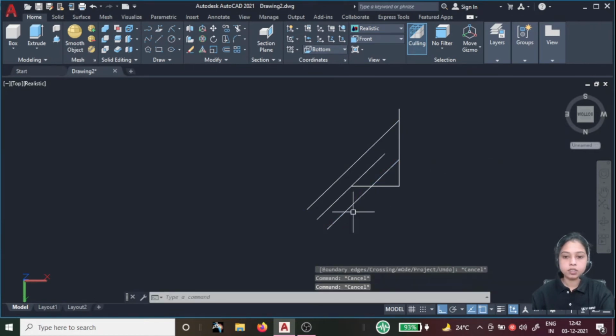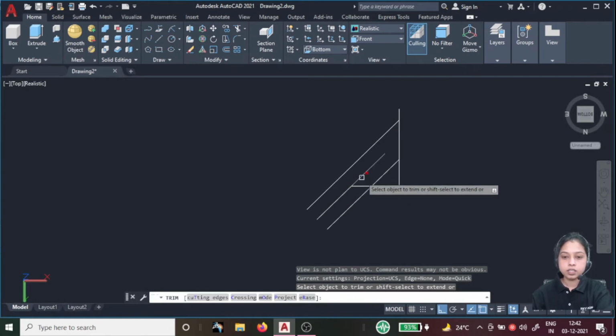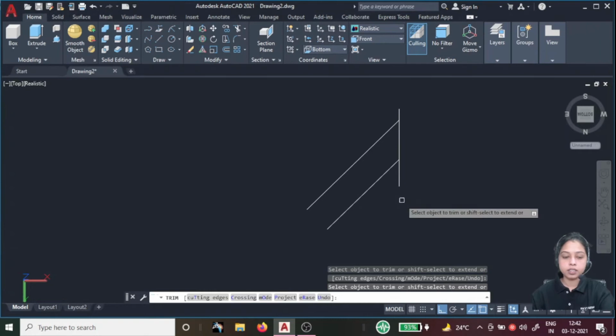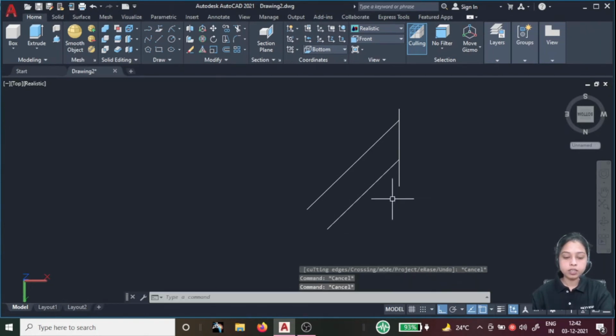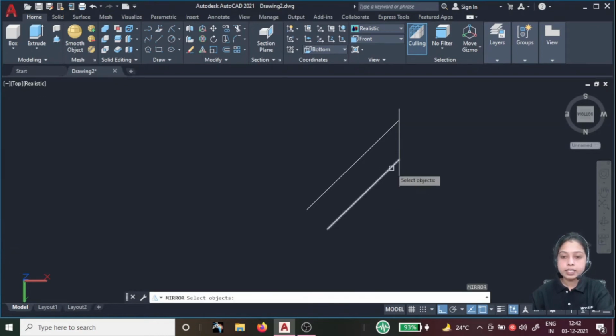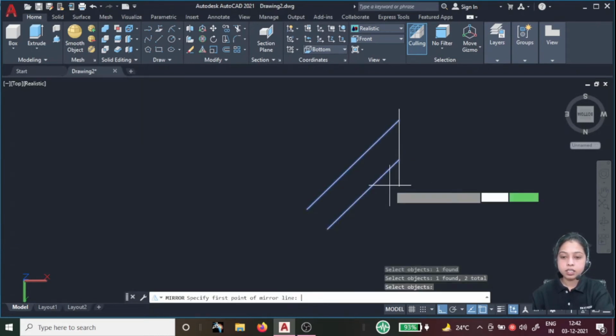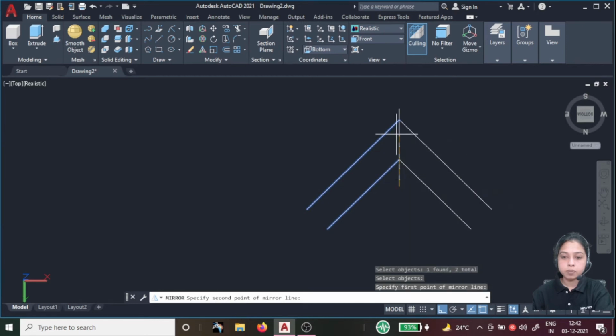Same thing. Just trim the unwanted entities. Now these two entities I need to extend and mirror. Go for the mirror, MI, enter, select this entity, enter, select the base point and this end point.